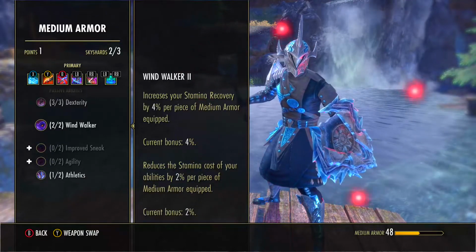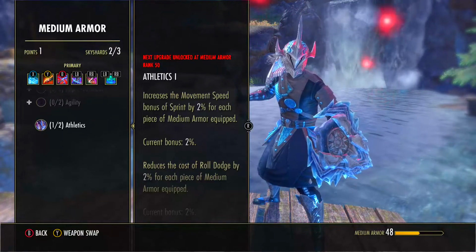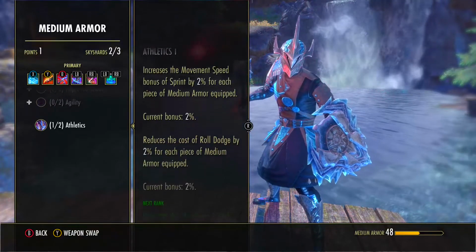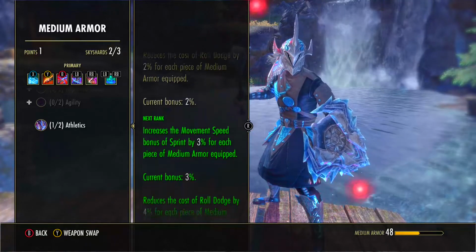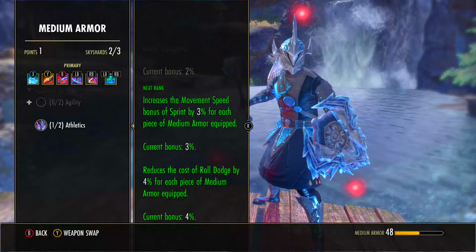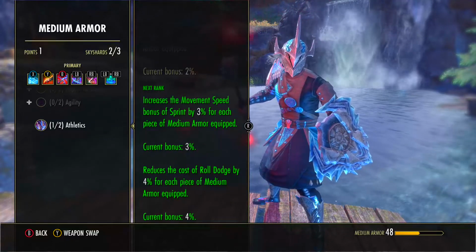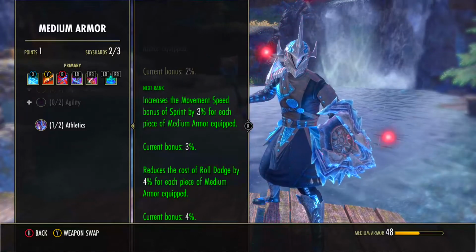With Windwalker here, this increases our stam recovery by 4% and reduces the stam cost of our abilities by 2%. Athletics, I only got 1 point here, but I will want to put another point here when it hits level 50, because this will increase the movement speed bonus of sprint by 3% and reduce the cost of roll dodge by 4%, which as a tank you do move a lot, and a lot of times people like to sprint